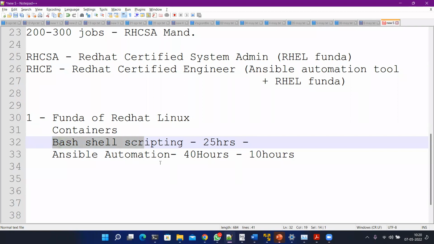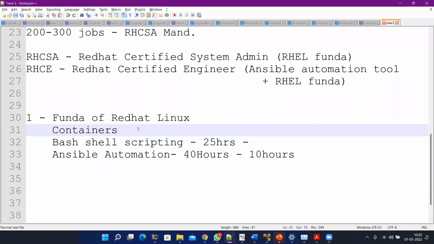So maybe someone has created some shell scripts, and you should be in a position to understand what is going on. If any modification is required, you will be able to do it. You want to create your own? Yes, you will be able to create your own as well. We will take a live example and then we will proceed.